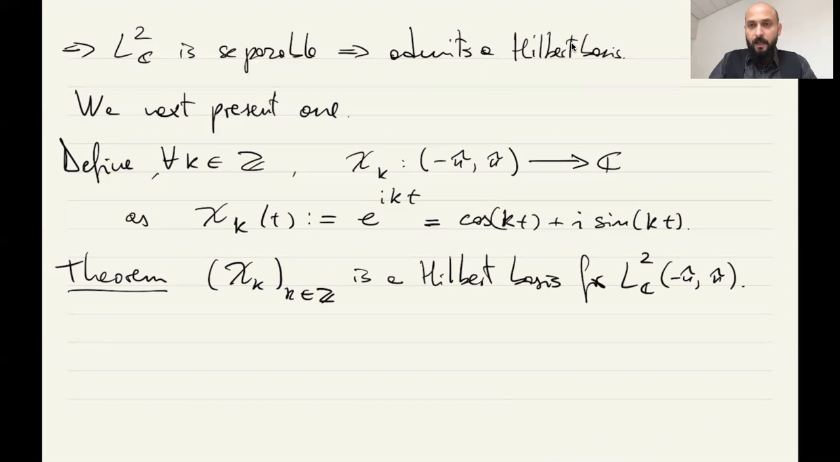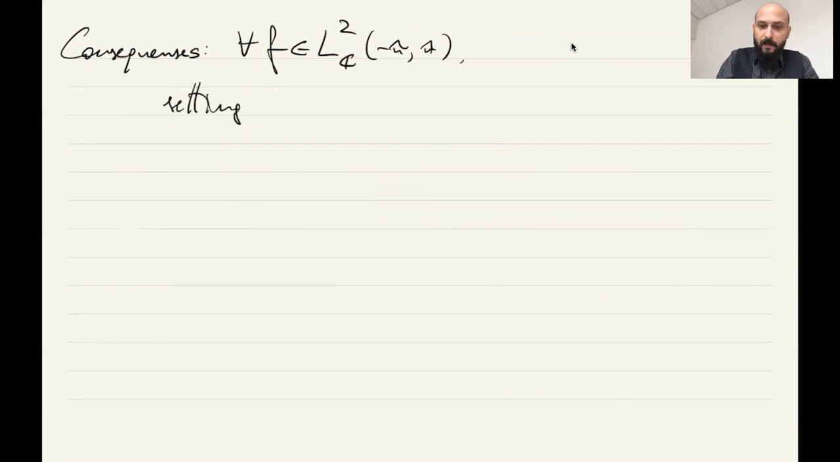Okay, in other words, these are orthonormal vectors. That's easy to show, and their span is dense in L2. After this theorem, we will have the consequences of the properties of Hilbert bases that we saw before. So I'll write first the consequences. The consequences are that whenever we fix a complex function f in L2, and then we set the Fourier coefficients,